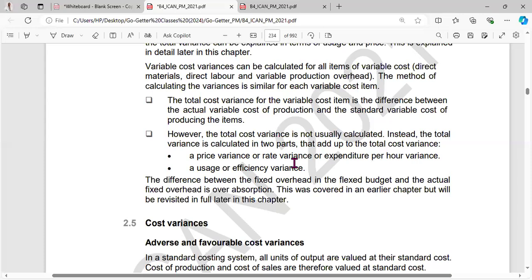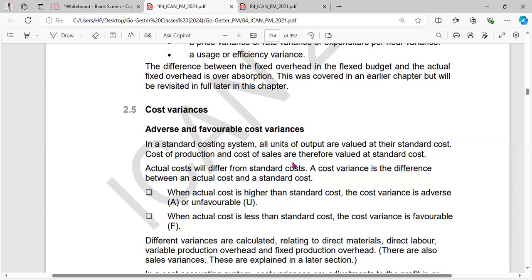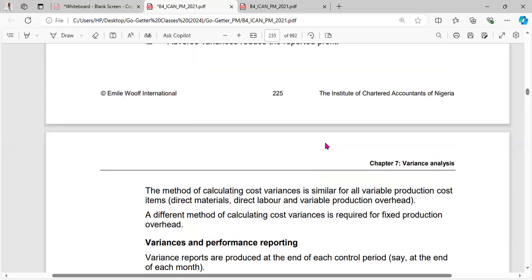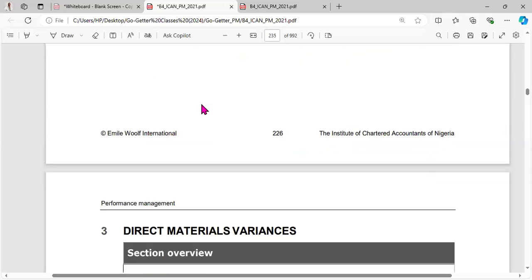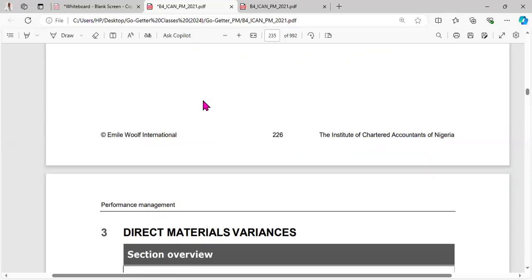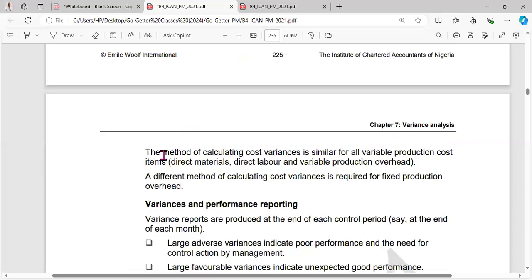All right, so we are going to be ending part 1 here. Let's talk briefly about this cost variance before we end it. So we said